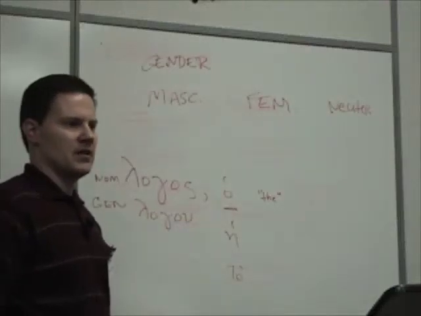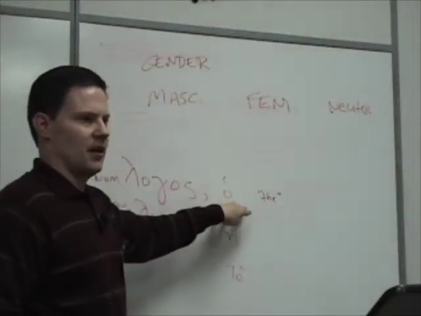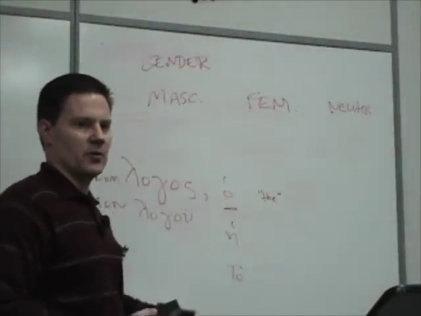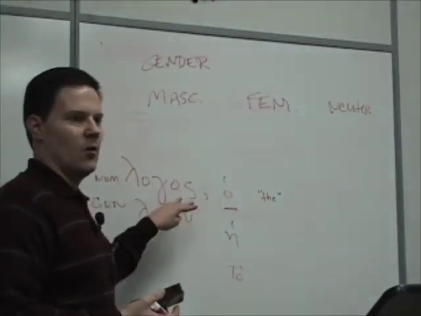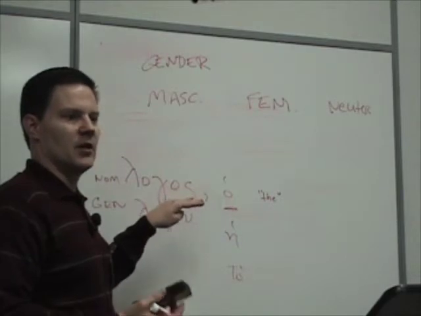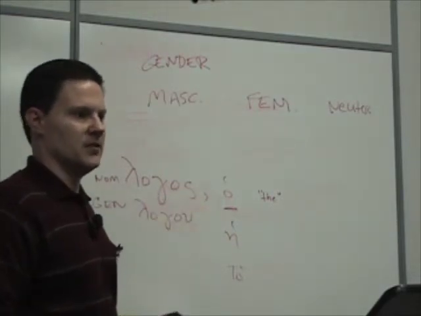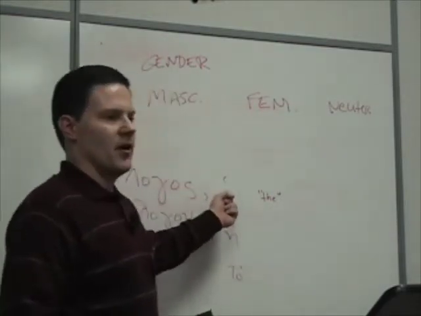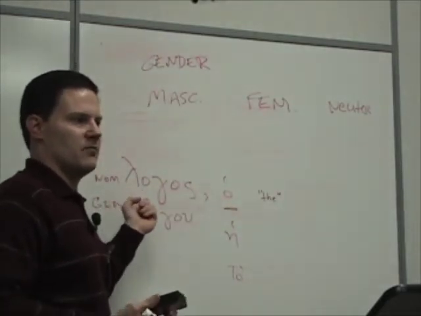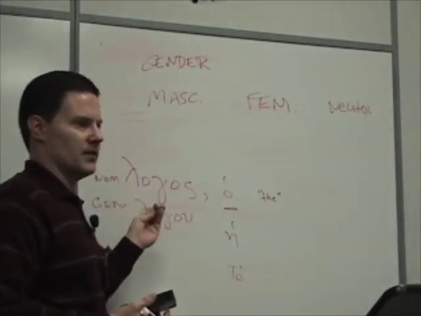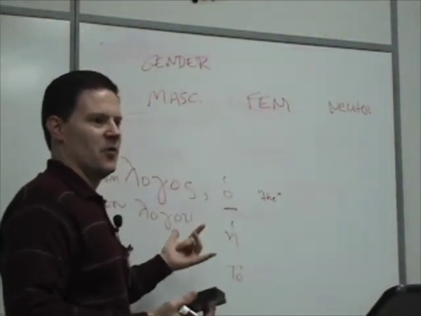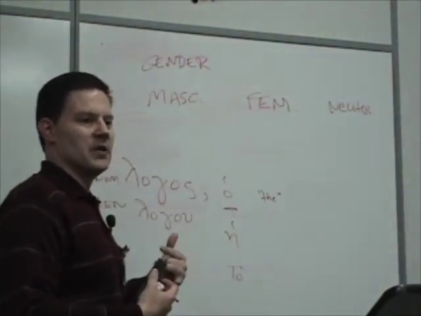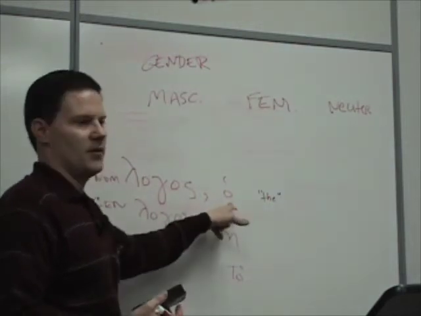Another thing I mentioned last week about the article: a lot of times it doesn't get translated. Like when I showed you the verse on Jesus wept, it's ho Iesous, which is literally "the Jesus," but we don't translate it that way. They use the article with nouns all the time, even though we don't translate it. And I don't know if it's to help them, I know it helps me, if you know the articles don't change.